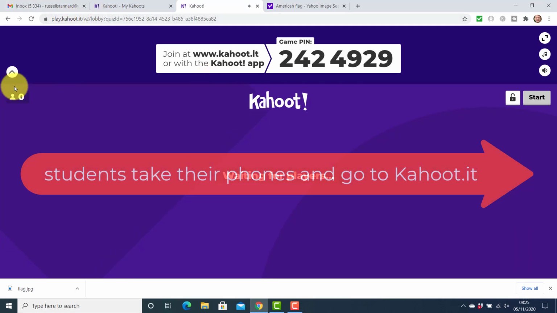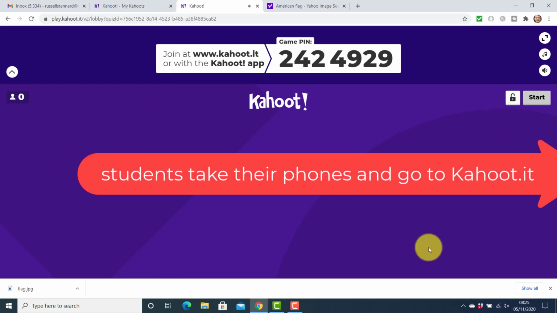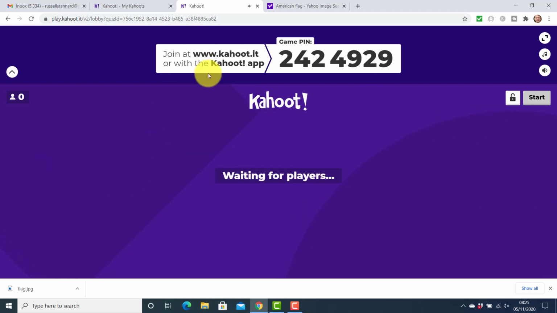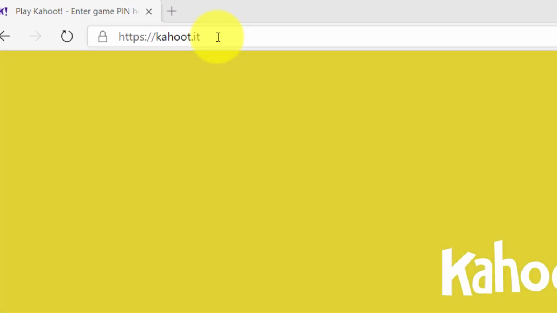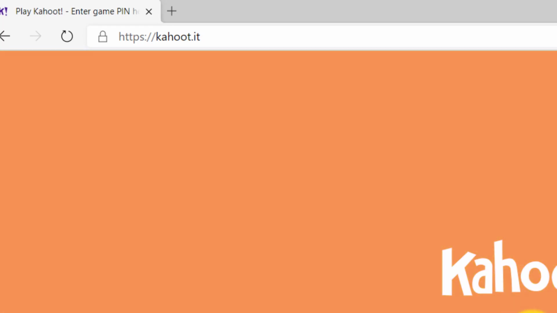You need to be screen sharing this window. Okay, this is the window that you need to be screen sharing. So the students go to their telephones and they go to kahoot.it. The easiest thing for them to do is just to go straight to Google and write kahoot.it. It will come up, and then they are going to add here the code.